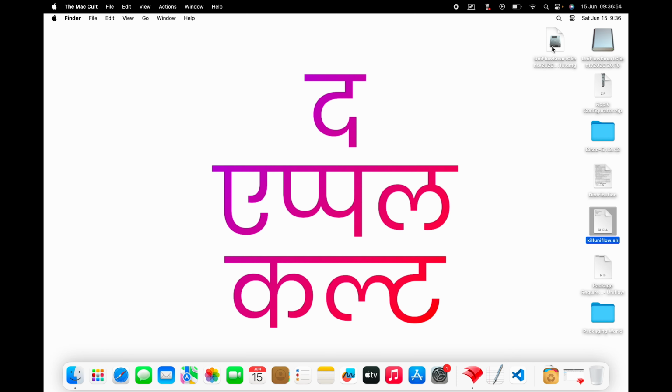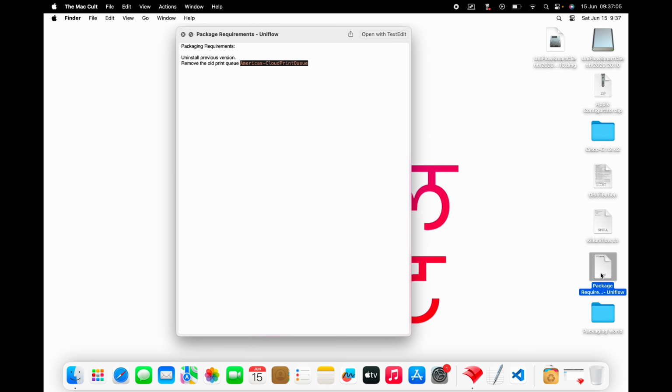So I have a request to create application packages. This is a pretty old package, so 2020. And then I have a packaging requirement. You could call it anything, package request or package request form or whatever, but I have just made it simple. So the packaging requirement in my case is to uninstall the previous version of Uniflow Smart Client,